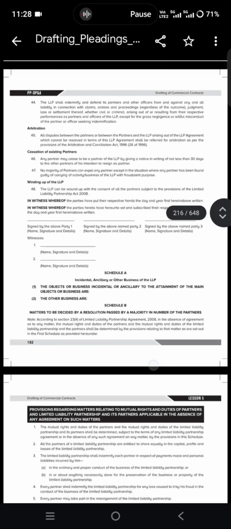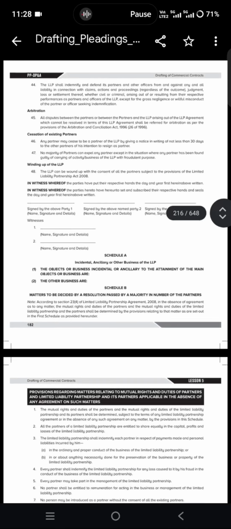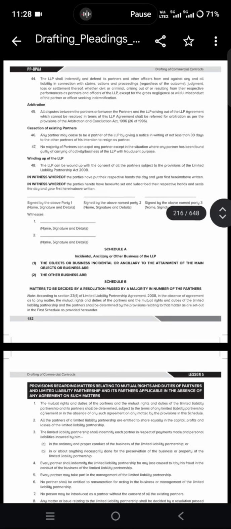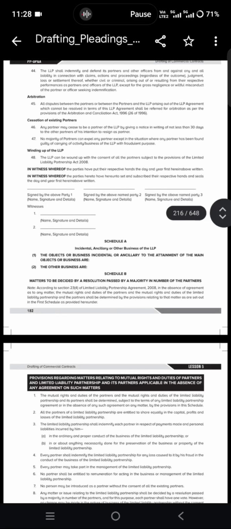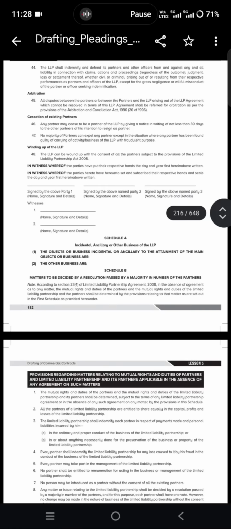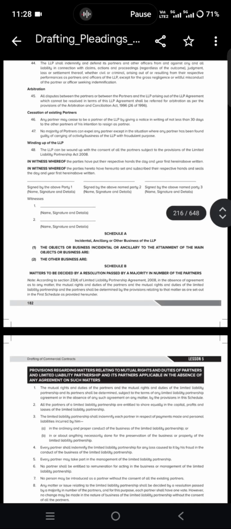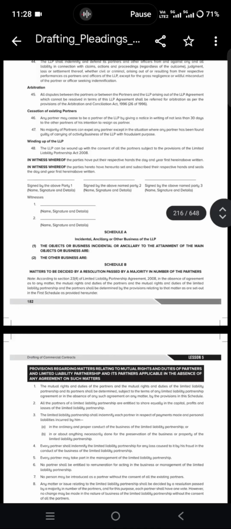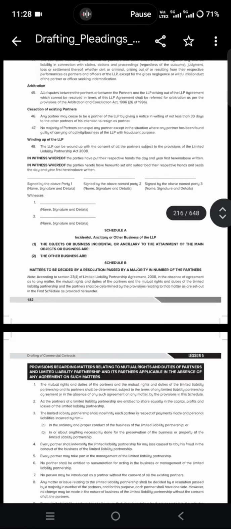Okay. Rights of the partners, what all rights they have. All the partners have rights in all the assets and properties, and all the partners shall be working partners only. Every partner has access and can inspect and have a copy of any books, and each partner shall be entitled to carry on their own separate business, provided they do not use the name of the LLP to carry on their own business. And the LLP has perpetual succession.